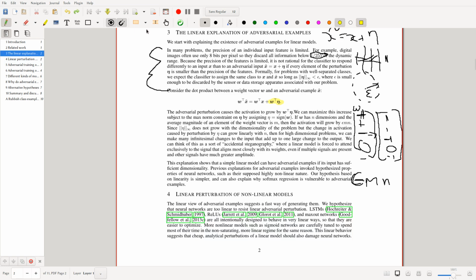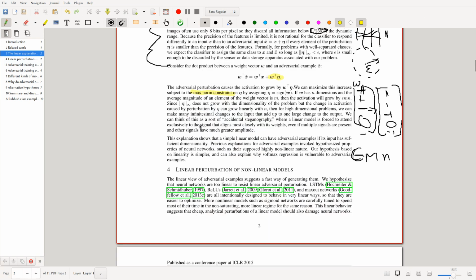Maybe I'll highlight this in yellow. Without this norm constraint, you can do whatever you want. And this is the main philosophy: adversarial samples are actually very easy to compute until you start introducing constraints. Now the idea is that this max norm of eta does not grow with dimensionality, right? It only depends on the numbers. For images, since pixel values only range from 0 to 255, for large vectors eta will remain fixed, because it will just be 255, let's say, if there's one black dot.